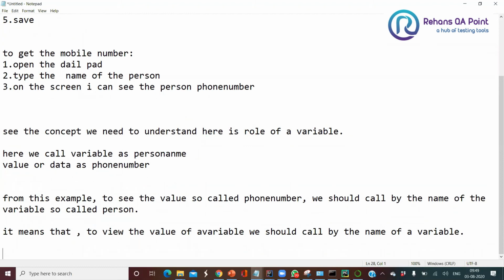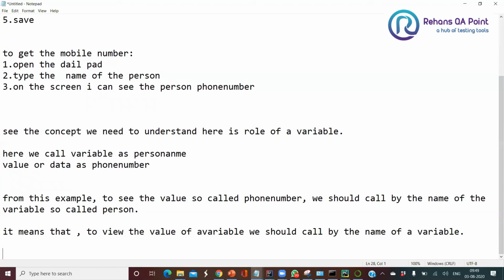So a variable is going to be called a memory holder where the user is able to go and store some data inside it, whenever it is required, wherever it is required, right? So I should call by the name of the variable. If I want to send my value to any one of the programs, I should send via my variable only. So again, how can I send? By the name of the variable only I'm going to send.